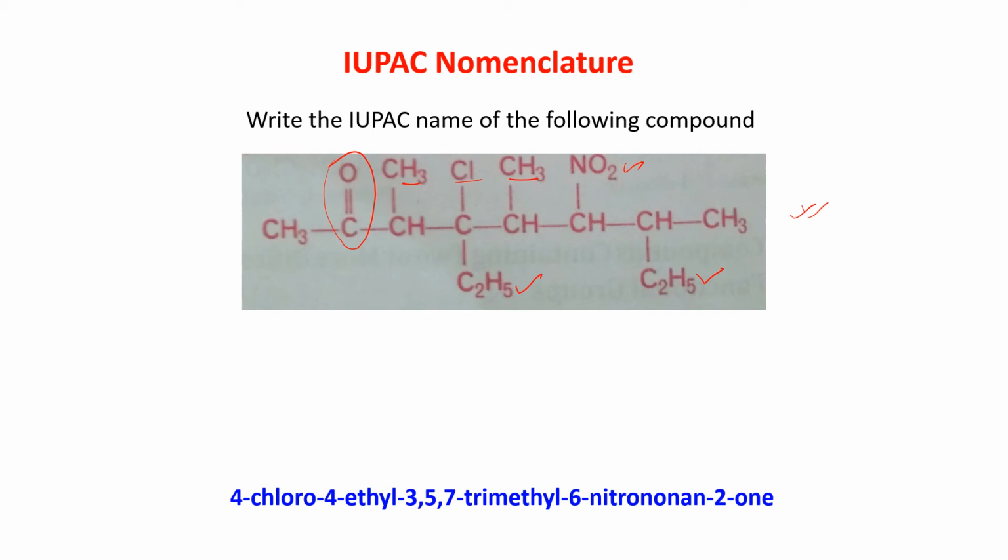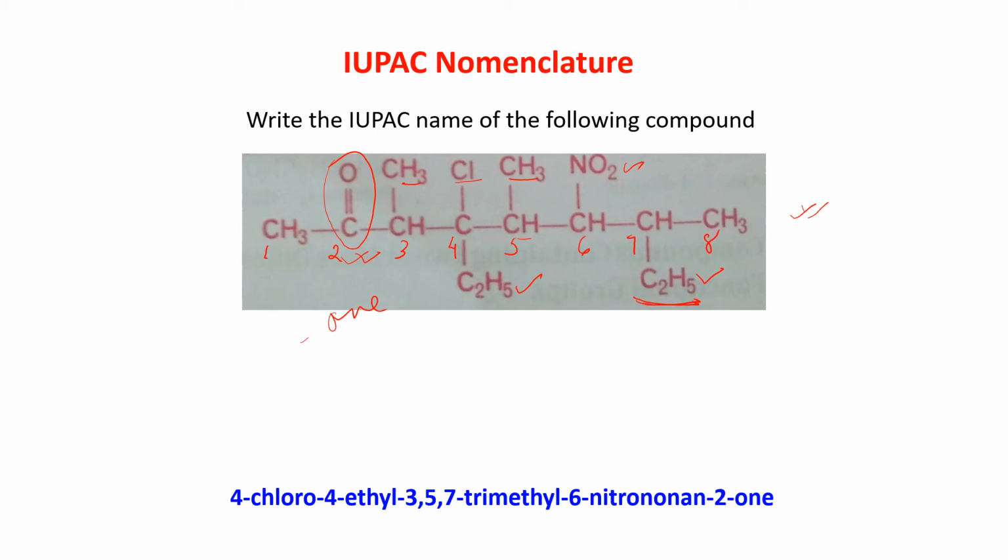So many functional groups are present. Now, among all these functional groups, the keto group is the senior one. So this is leading the group. This will lead the group. So this is the secondary suffix, that is -one. Now, the numbering has to be given. So the numbering will start from this end, that is 1, 2, 3, 4, 5, 6, 7 and 8.